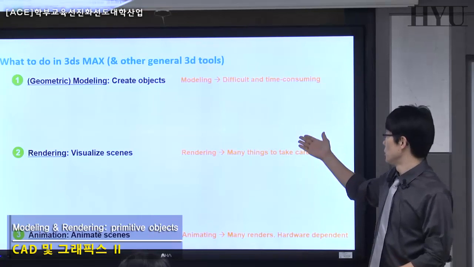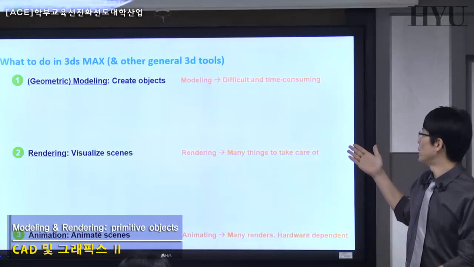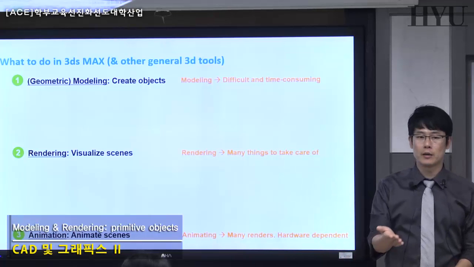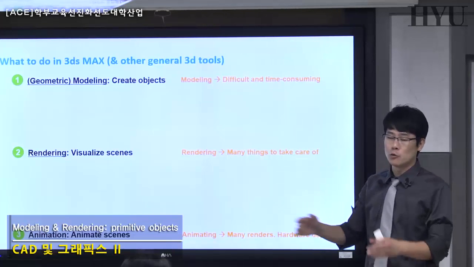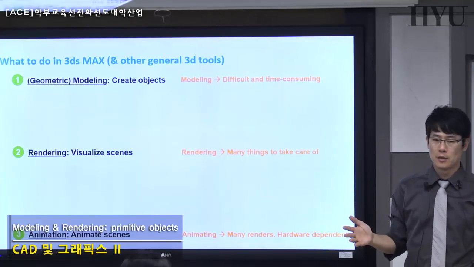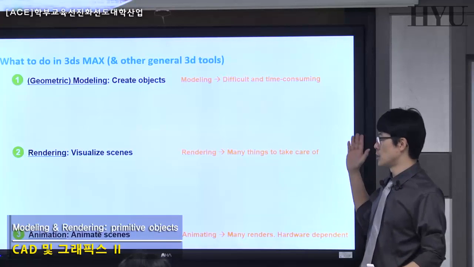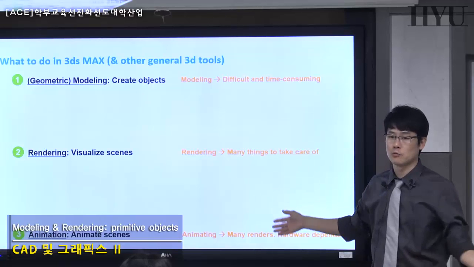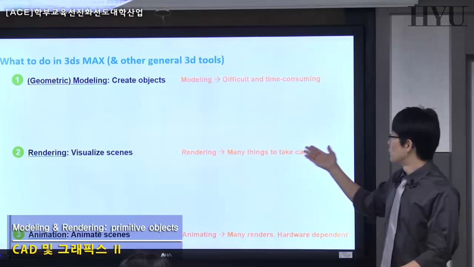So geometric modeling is usually very difficult, time consuming, very tedious. But anyhow, you have to do your geometric model because your design is something geometric. Of course, you have to assign material, lighting, and so on, but without geometry, you cannot do anything. So you need to create your own geometry for your design. Rendering,